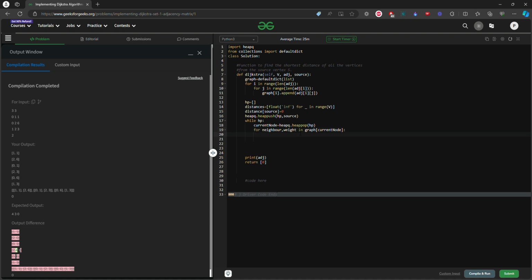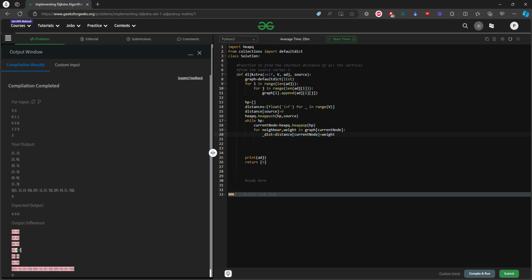Now let's calculate the tentative distance. Let me call it underscore distance. So how will we calculate it? As I have told, it is the weight plus the current distance. How do you calculate the current distance? It is the distance at the position current node. At the first iteration it will be 2, so the distance at the position 2 is 0, and for that you will add the weight